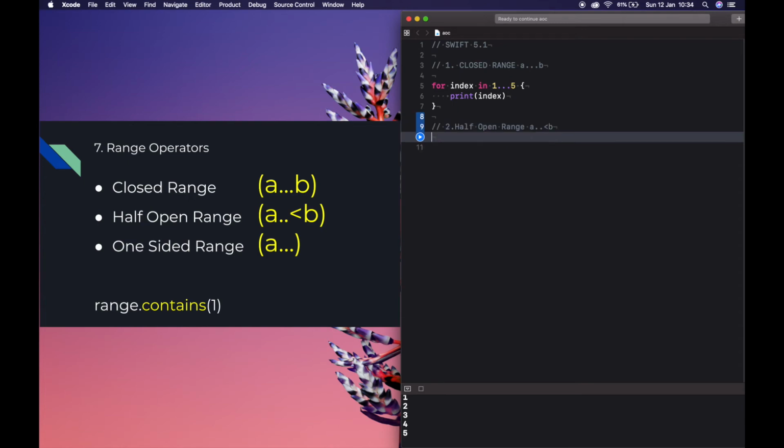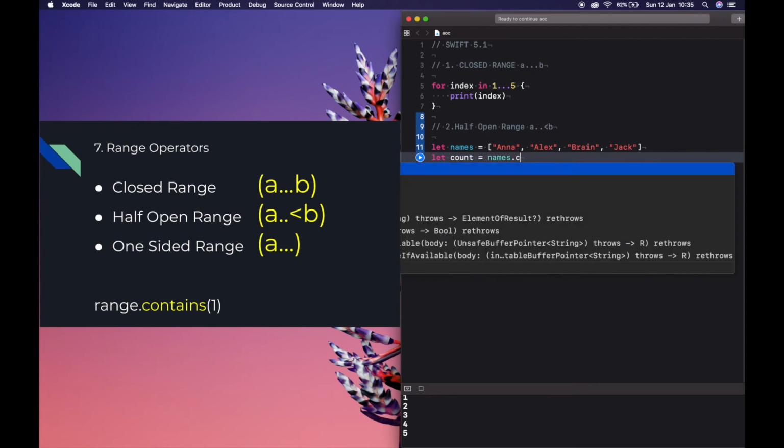For example, let names equal to this defined array. Let count is equal to names.count.